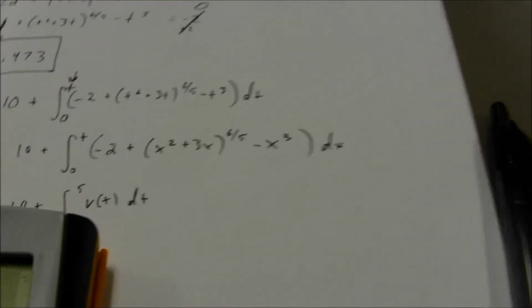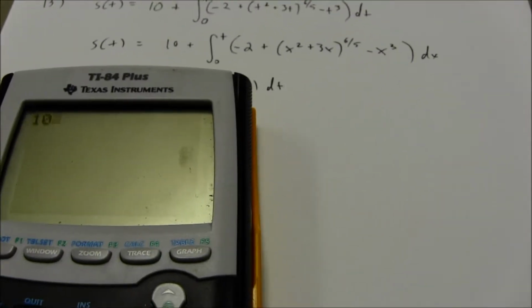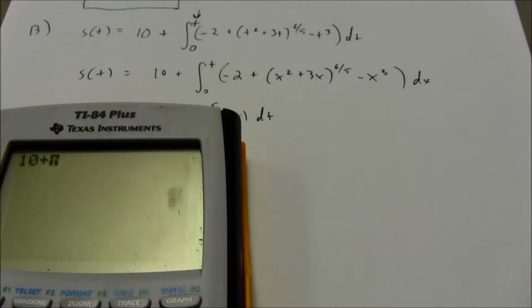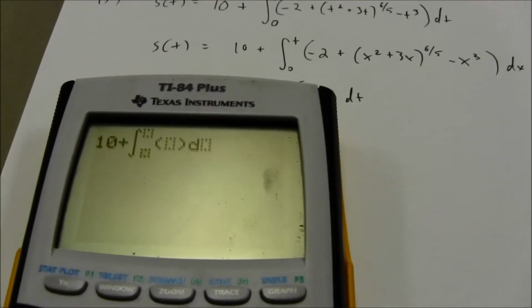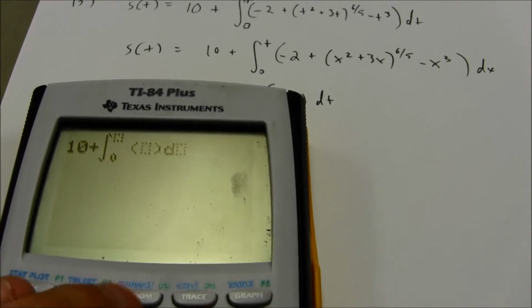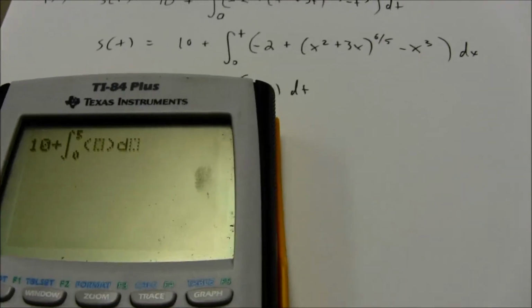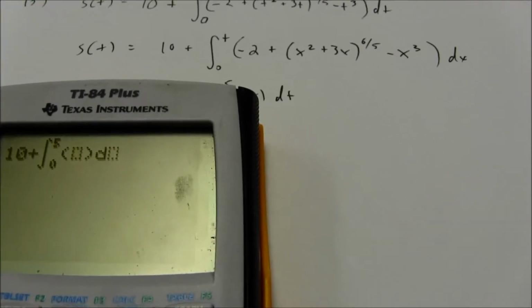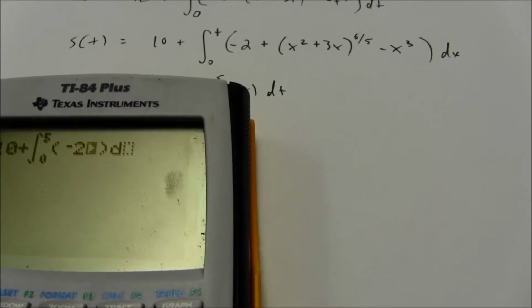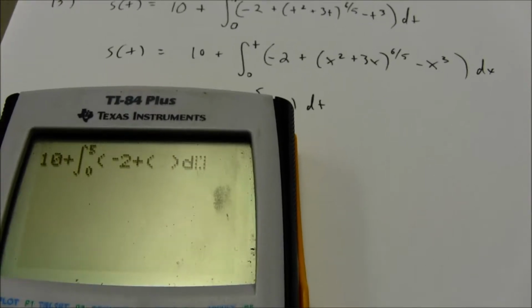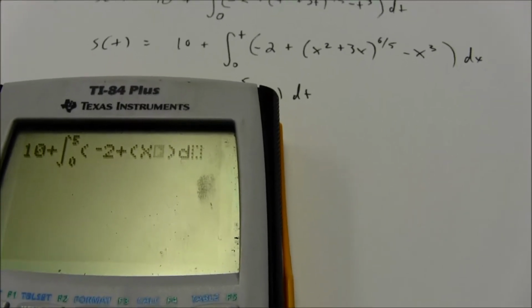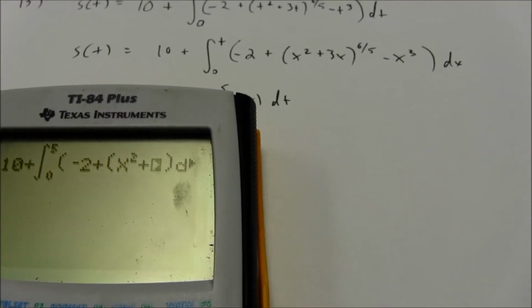So I'll do 10 plus the integral, that's the Math 9 button, the integral from 0 to 5 of, and then my equation is -2 plus quantity x squared plus 3x